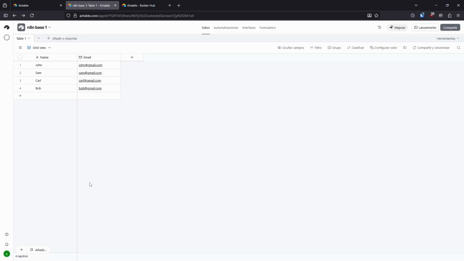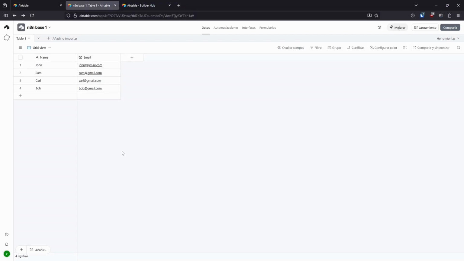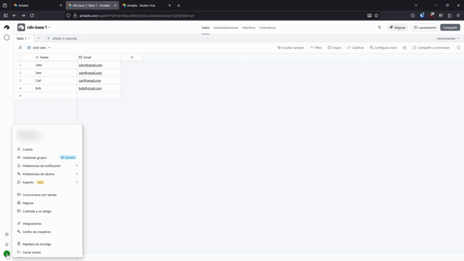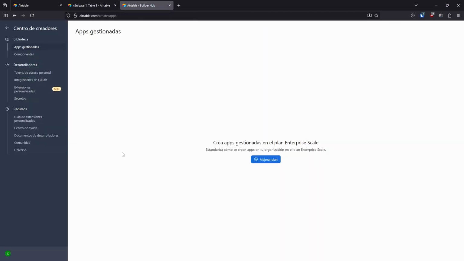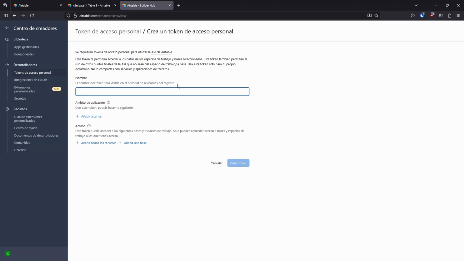And then once you've gotten your database, this is kind of the tricky part, the new part for anyone familiar with Airtable. To get to the builder hub of Airtable, where you're gonna be connecting your API, getting your tokens or your access key, come down to the little button down here in the corner. It used to be up here. Right now, at the time of this recording, it's down here. Go to your account, and you want to find Builder Center or Creator Center, something like that. Click that. It'll take you here, and then you're gonna come down here to Personal Tokens or Personal Access Tokens, and then you're gonna create a new token. Give it some name,